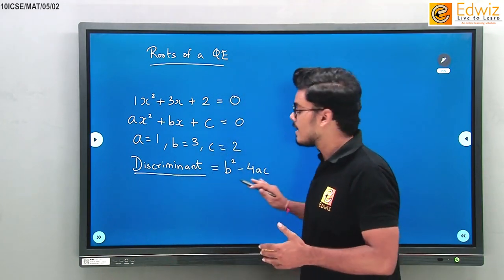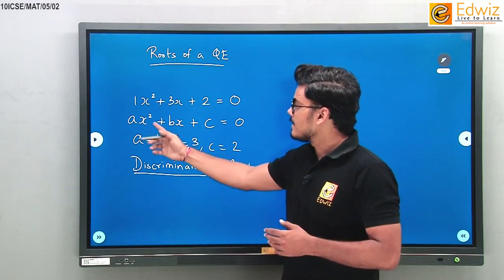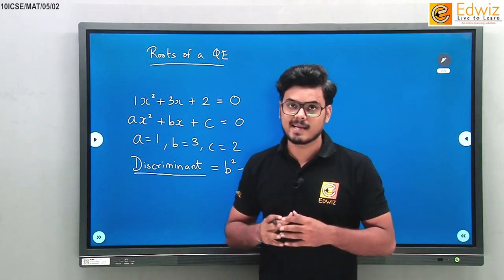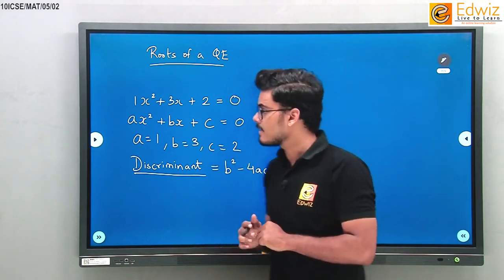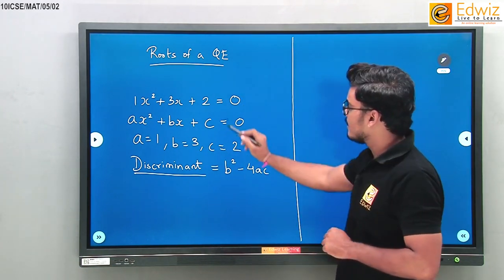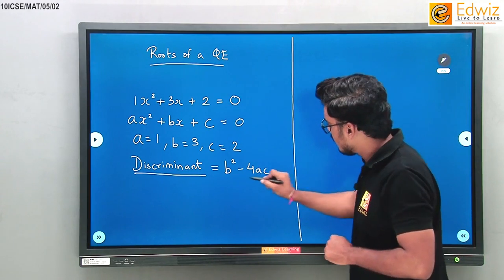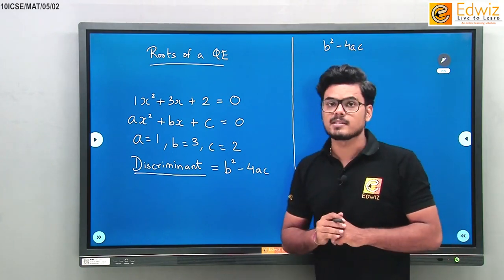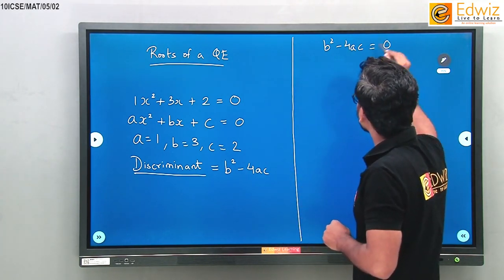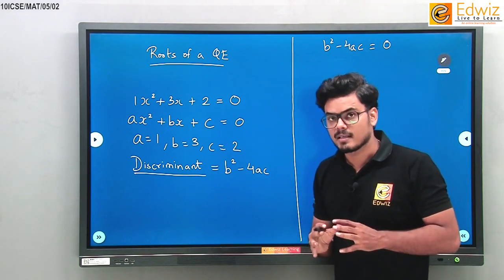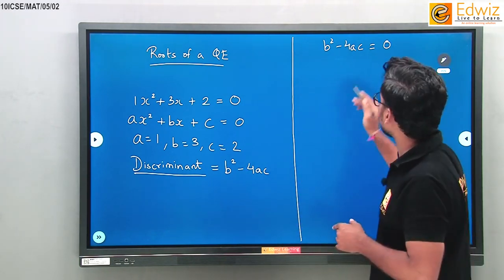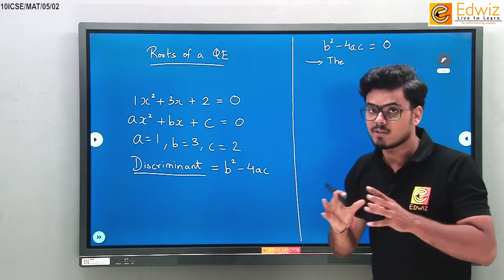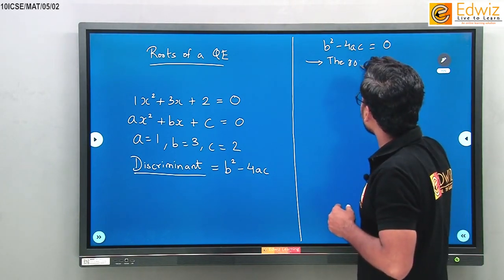ठीक है, मतलब इसकी हेल्प से मैं डिटरमाइन कर सकता हूँ कि इस पर्टिकुलर क्वाड्रेटिक इक्वेशन का जो सॉल्यूशन होगा, टू वैल्यूज, वो कैसे होंगे। In the sense, there are three categories here. ठीक है, the three categories are these. If for any given quadratic equation the value of b square minus 4ac is equal to 0, then in this case, both the roots, both the solutions of that quadratic equation, are